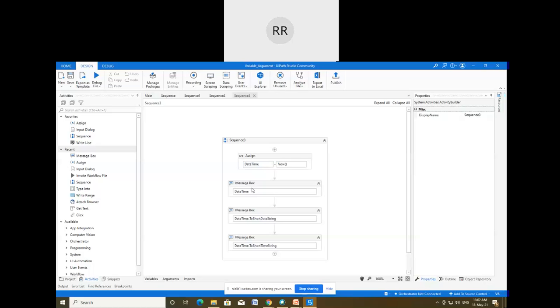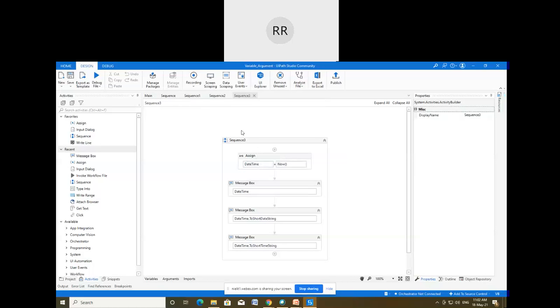But the constraint is that it cannot pass the date time variable data from sequence 3 to sequence 2. You can see here at the top I have created a number of sequence files like sequence 1, sequence 2, sequence 3. Okay, so this date time variable can only be utilized inside the sequence 3 file.